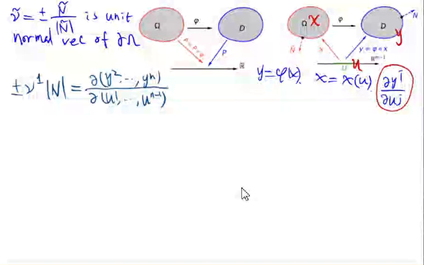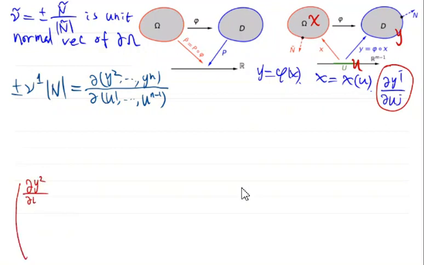Rule. Use the chain rule. So the relation between these variables is that y is a function of x, x is a function of u. Therefore, by the chain rule, we have the following result. By chain rule, we know that